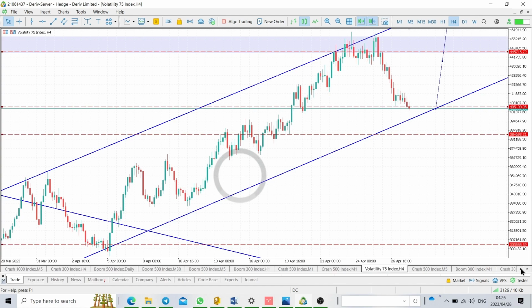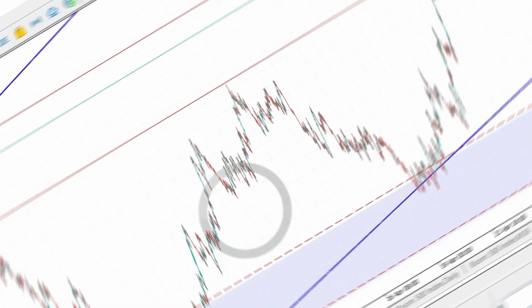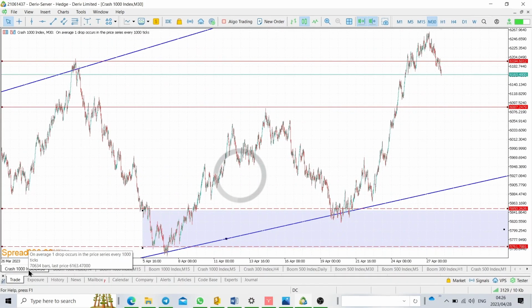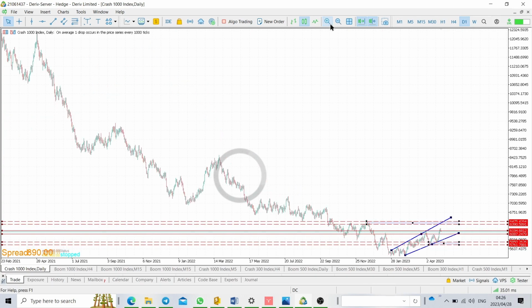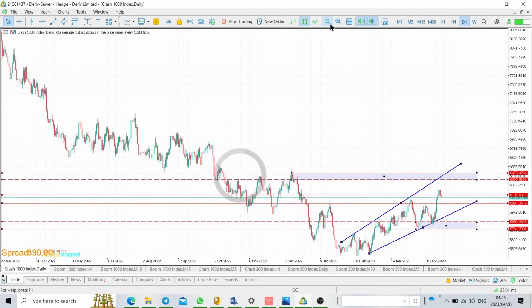Let's go to boom and crash. So I'm gonna start with Crash 1000. So we can see Crash 1000 was just moving down. It has been moving down, and we can see that here